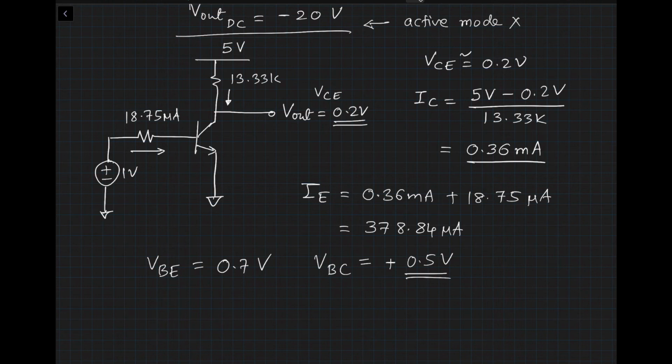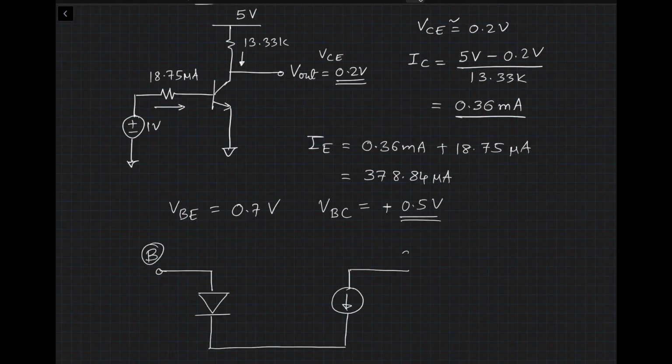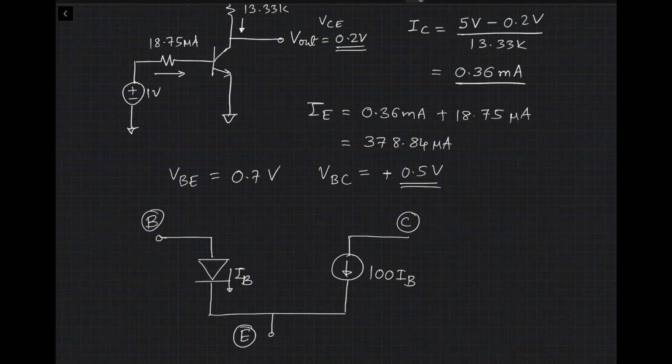Let's draw the large signal model for the transistor in the saturation region, and then we can figure out the currents in each branch. So this was our original active mode device DC circuit. Since we have the base to collector junction also forward biased, then as we learned before, we will draw another diode here, which is forward biased, and that looks like this.